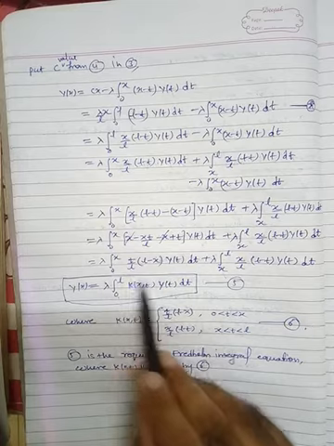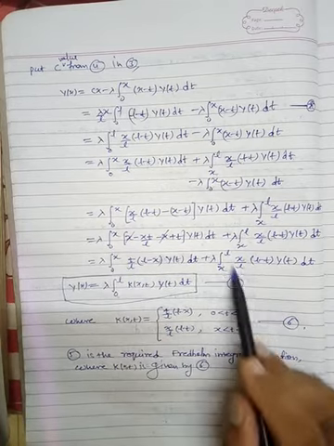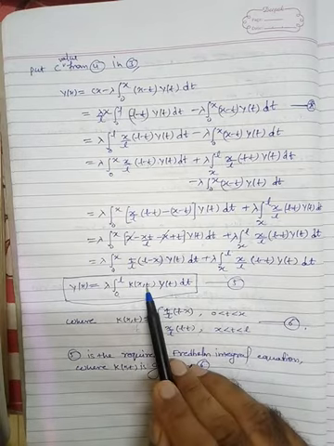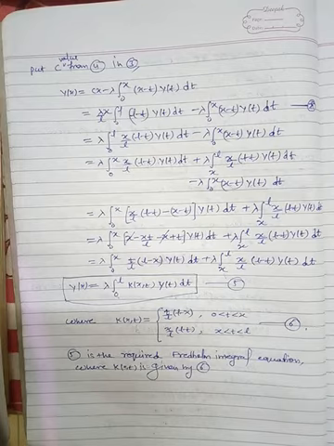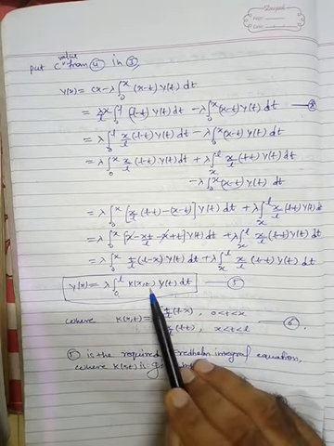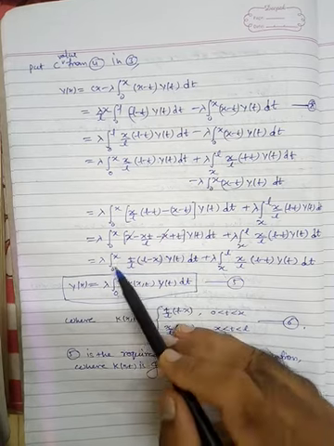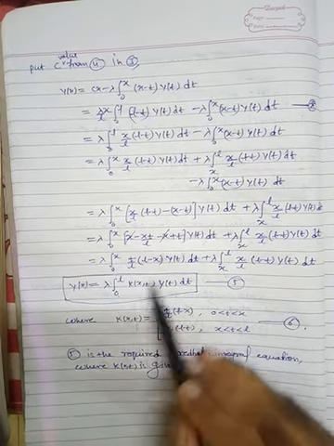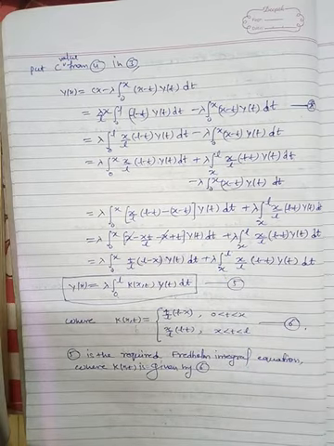So here we have this function which is a function of x and t. This is also a function of x and t. So we are writing this as K(x,t). Then y(t) dt here, y(t) dt here, so y(t) dt. Now we can define what is K(x,t), because K(x,t) depends upon the integral. If we are taking the first integral, then K(x,t) is this term. If we are taking the limit x to L, then K(x,t) will be this term.